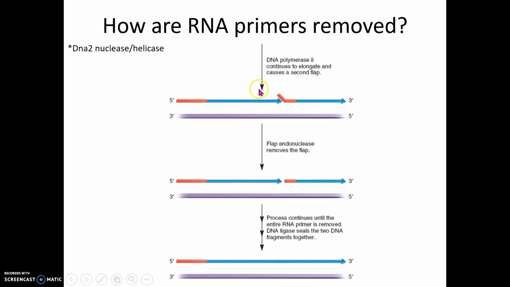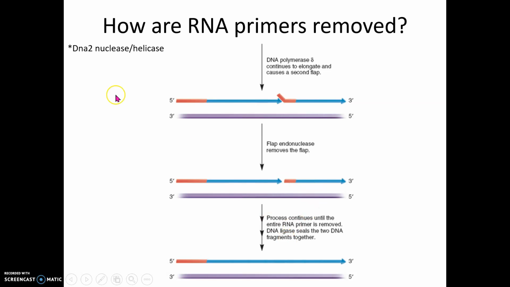Okay. And then we can continue replicating and creating a flap until it's completely gone. And so we'll continue this process until we remove the entire primer. Once the primer is removed, there's still a gap between one Okazaki fragment and another, and this is where DNA ligase comes in and seals that backbone. So polymerase can lay all the nucleotides, but it can't connect that phosphodiester in the sugar phosphate backbone, so DNA